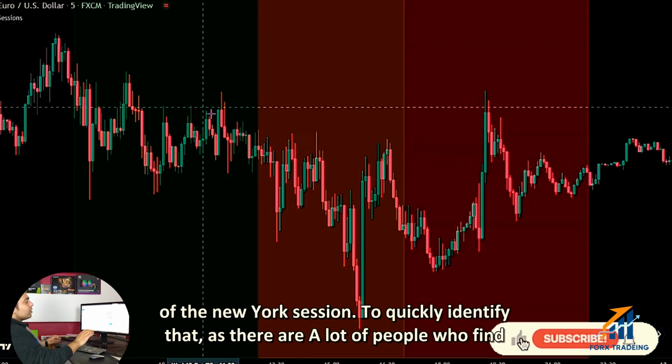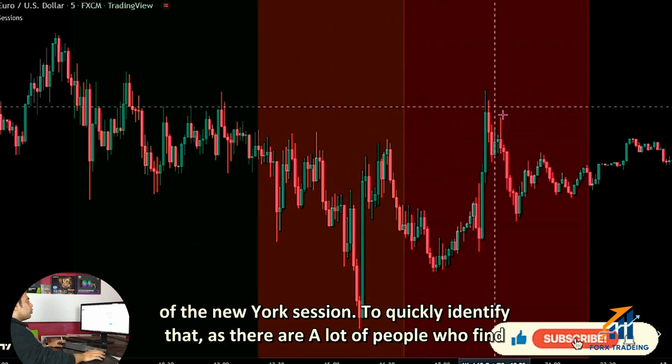Let's take a look at the settings of this indicator. On the input, we could see we